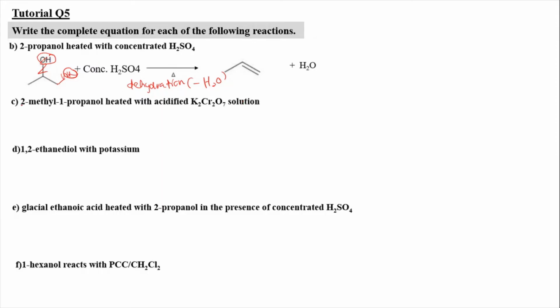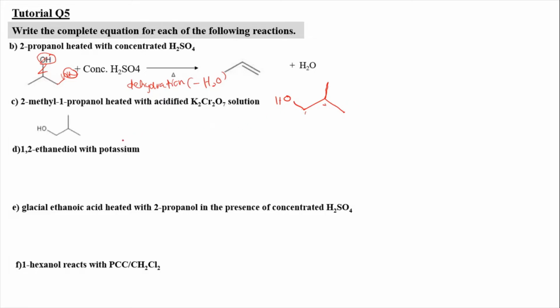Now for 5C, we have 2-methyl-1-propanol heated with acidified K2Cr2O7. So for propanol, we're going to have 1, 2, and 3, and then at carbon number 1, it's going to be attached with OH. So it's going to be 1-propanol. And at carbon number 2 here, it's going to be attached with a methyl group. So when it is